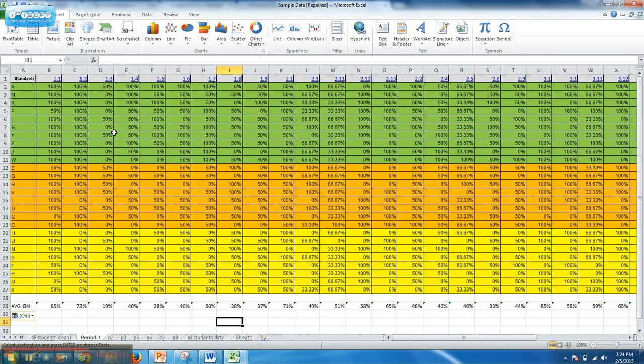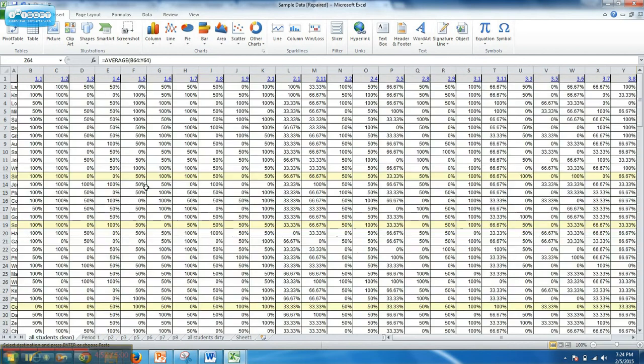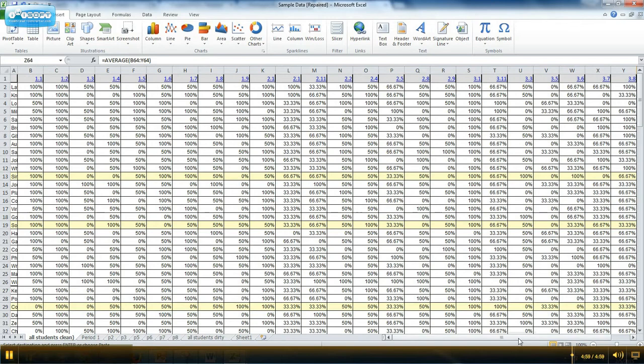Basically what we have though on this sheet is every class is going to be divided into a high, medium, and low group, and we have all of our students. We're able to see